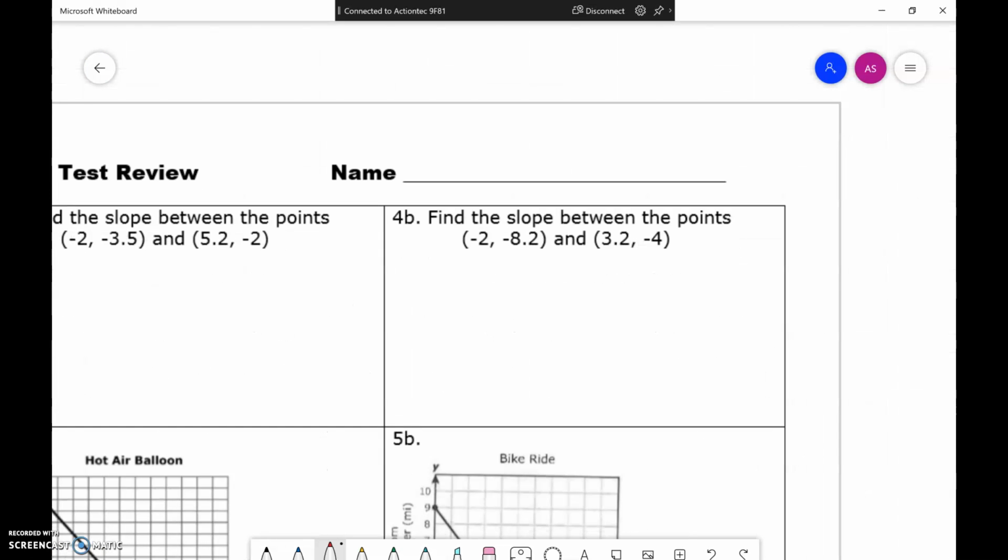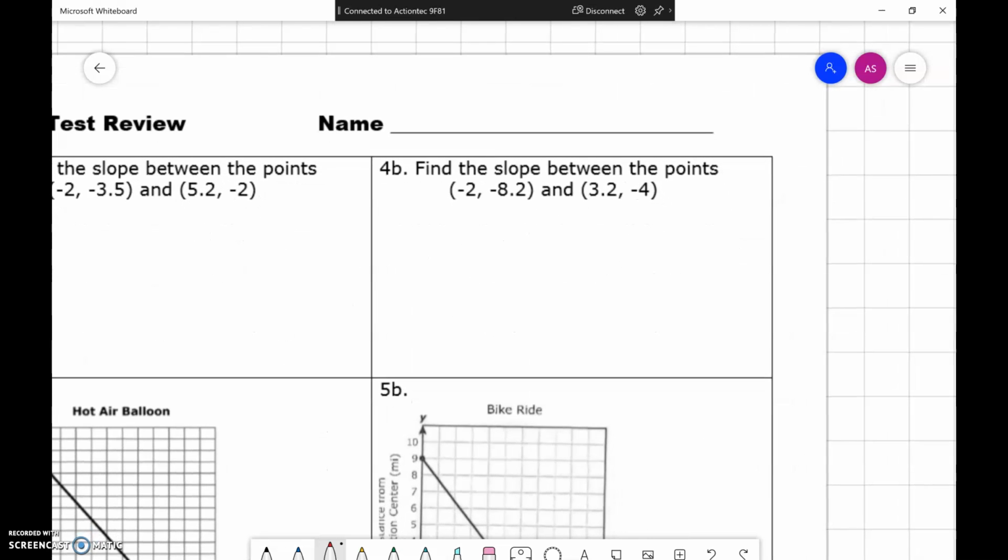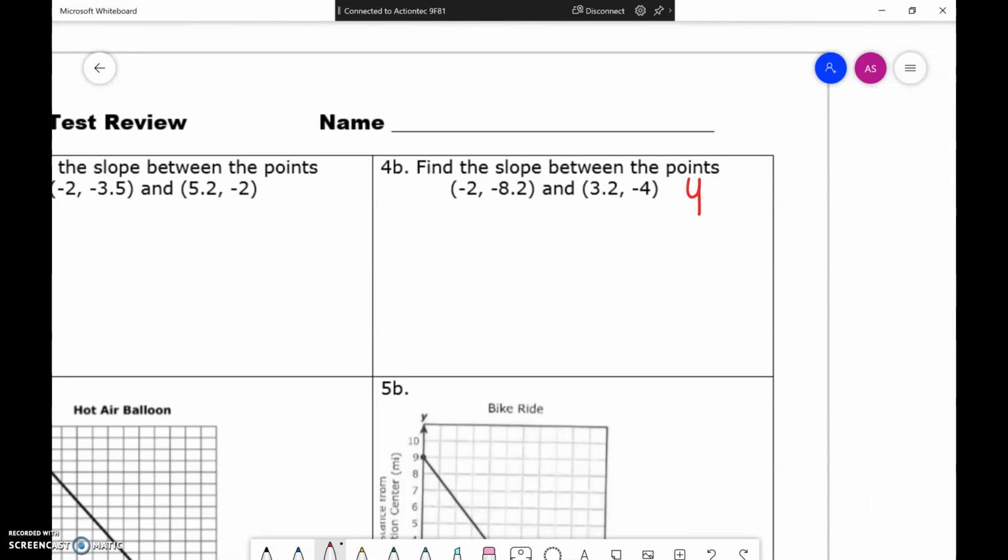Okay, so find a slope between the 2 points. So here's where you want to use your formula, which we're going to give you this formula on the test. So if you don't memorize it, it's perfectly fine. But if you can, more power to you. So